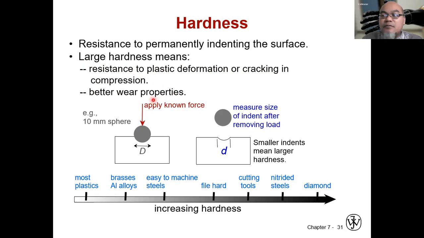Large hardness also means better wear properties. Wear properties are related to when the materials are in friction with the surface of another material. For example, I give many times the example of a drill bit or saw. In a drill bit or saw, the material has to be in friction so that it can drill,